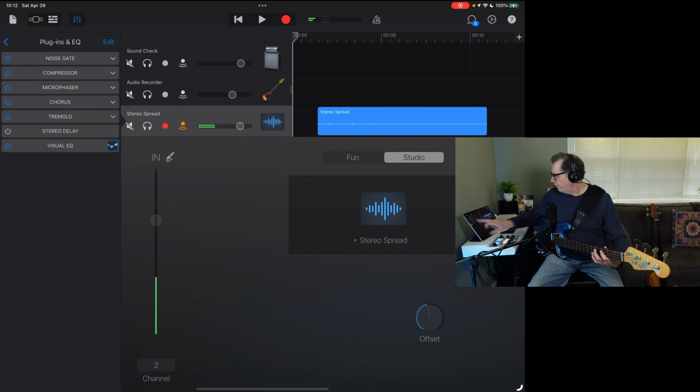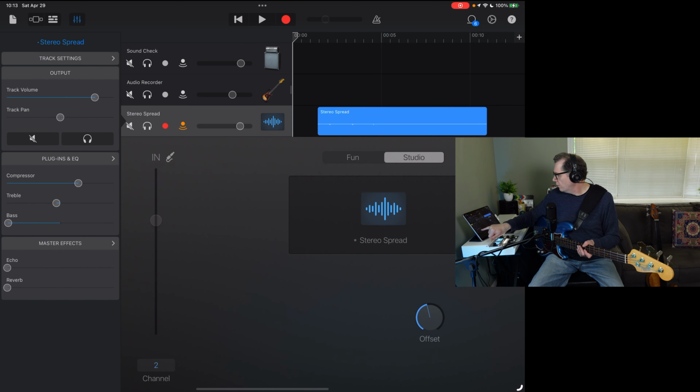So let's turn it off. See, now you hear the tremolo. But with this, the tremolo, it's there in the background, but not very hidden by the stereo spread. All right. And then let's go into the master effects. Actually, let me show what I'm doing on the